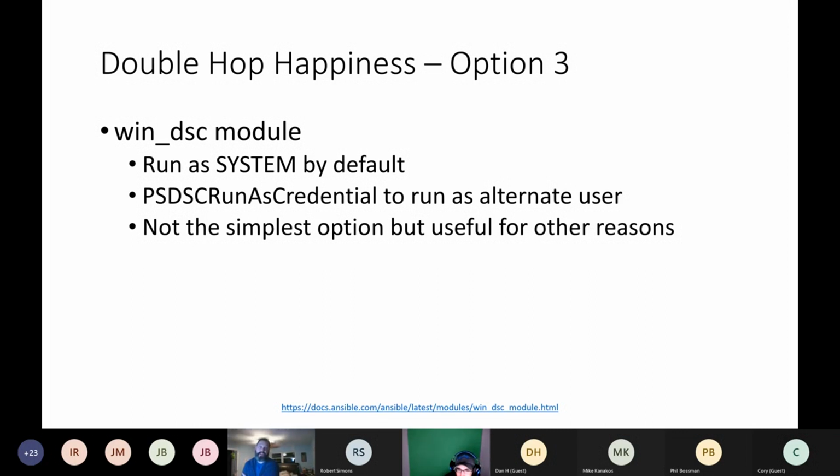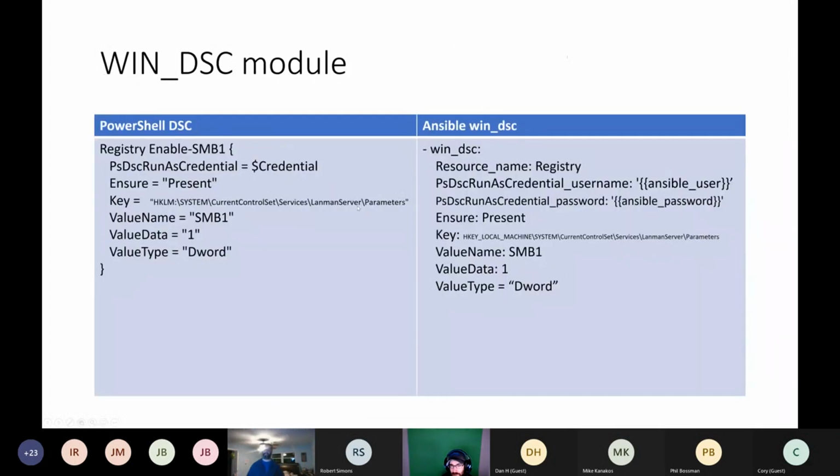So you could use the script resource in DSC to run whatever script you wanted to do. PSDSCRunAsCredential gives it credentials to run as, and then it would make a new connection and start that hop count over to connect to your machine. It's kind of like a game of Chutes and Ladders, and probably not at all recommended for any use case ever, but it might work. Mostly I included that because I wanted to talk about WinDSC, so that seemed like a weird way of doing that. So let's talk about WinDSC, but first,